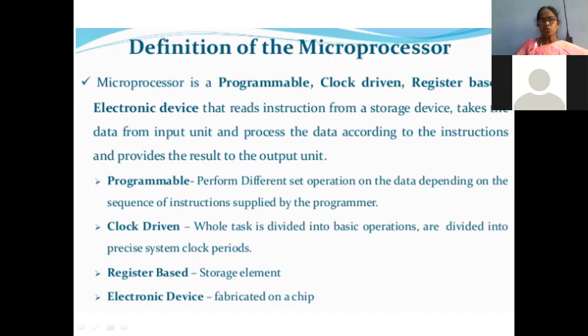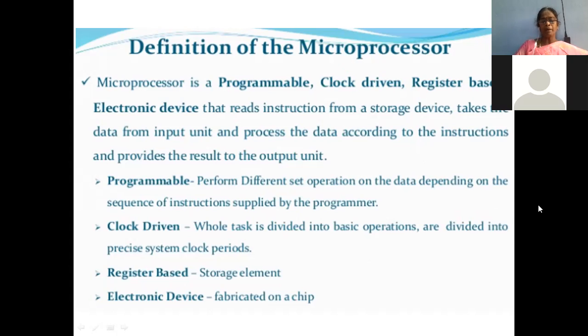Okay, so it retrieves the already stored information according to the program we have written, and then processes the data, performing any arithmetic or logical operations, and stores the result either to the output device or in the memory unit. Right, programmable means it performs different sets of operations on the data depending on the sequence of instructions